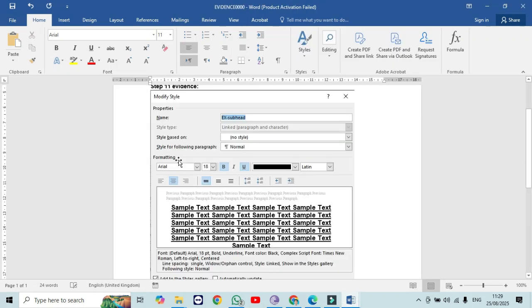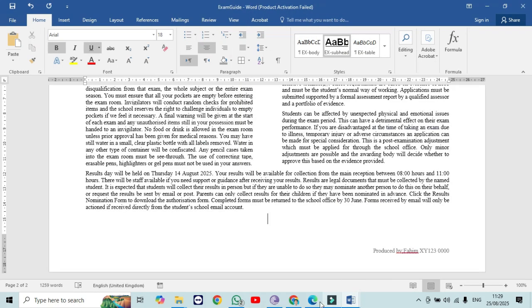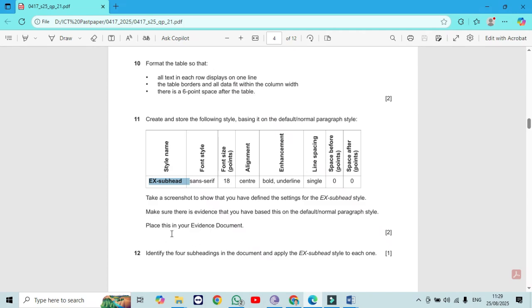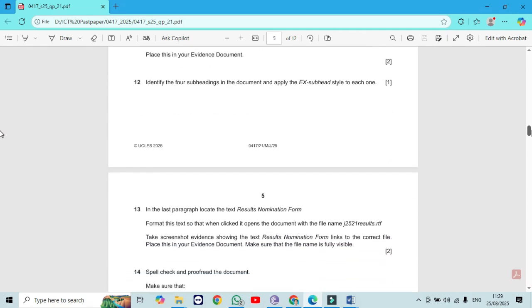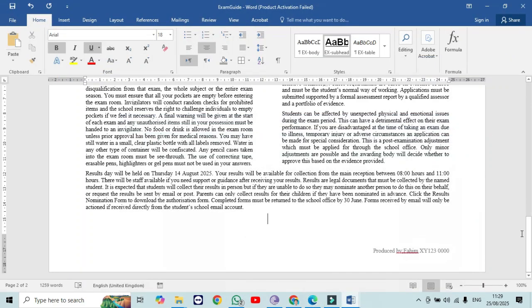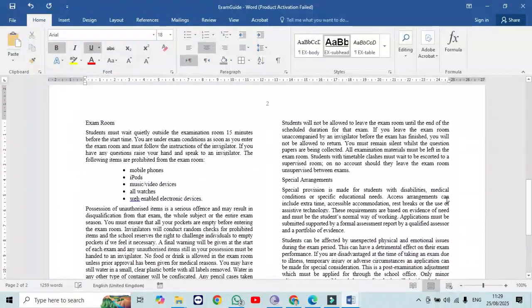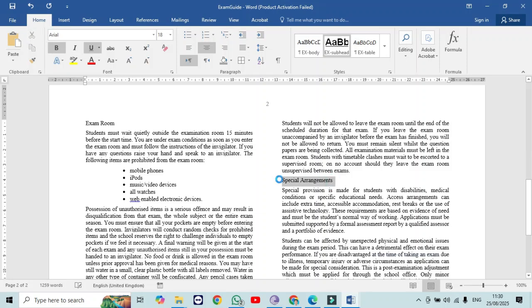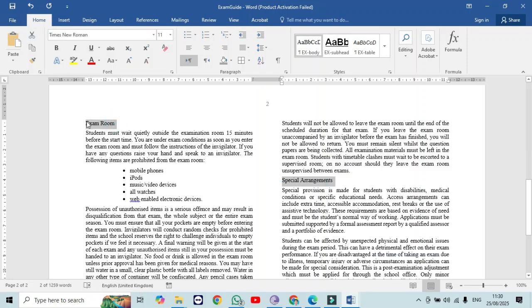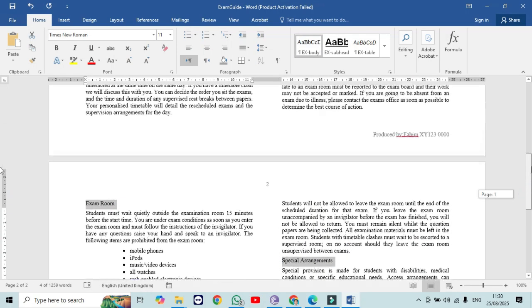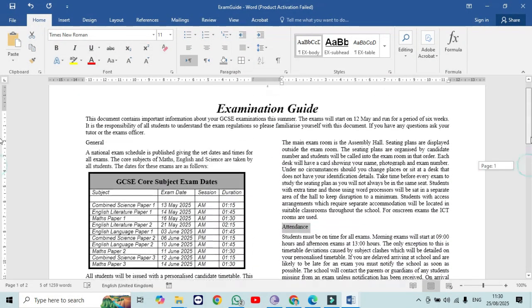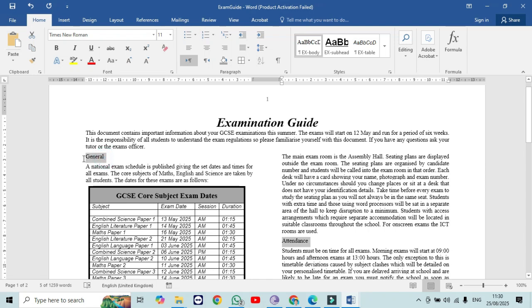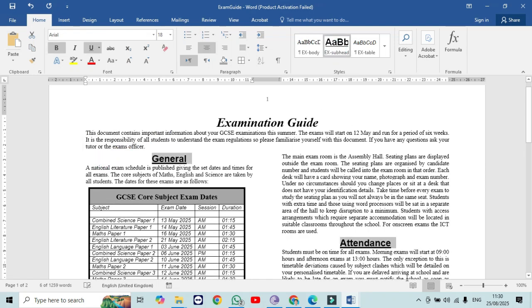Right, step number 11. Next is to identify the 4 subheadings and apply this style, the one you have created just now. So this is 1, this is 2, now keep scrolling up, this is 3, and this is 4. So X subheading style you applied, and then what you need to do is